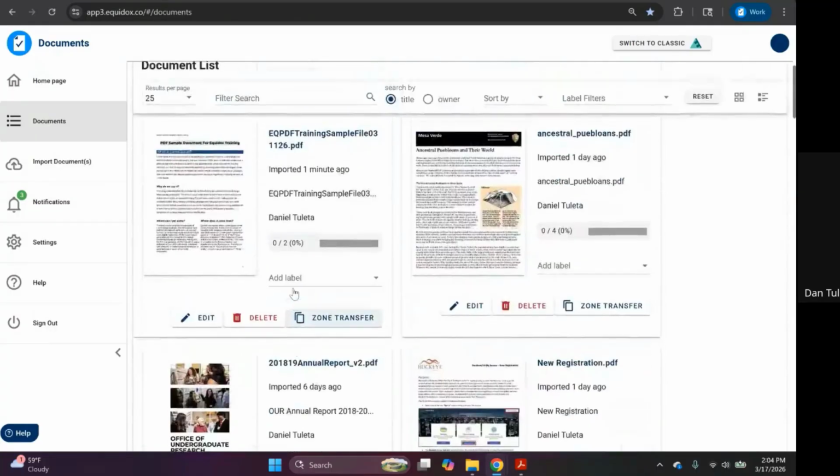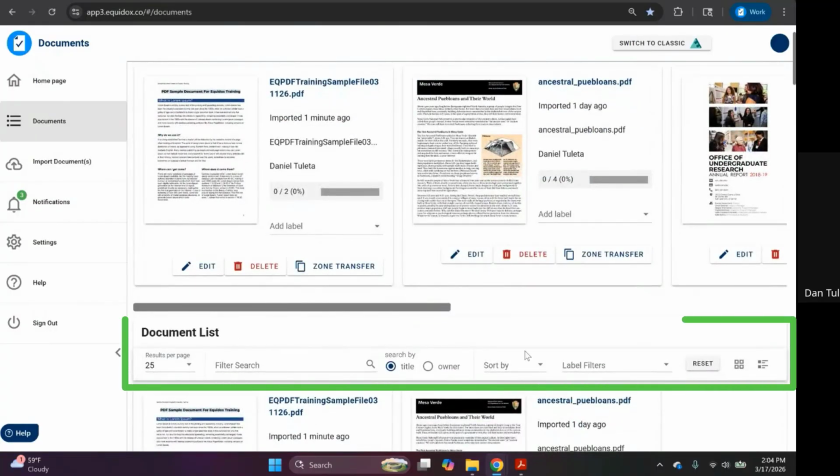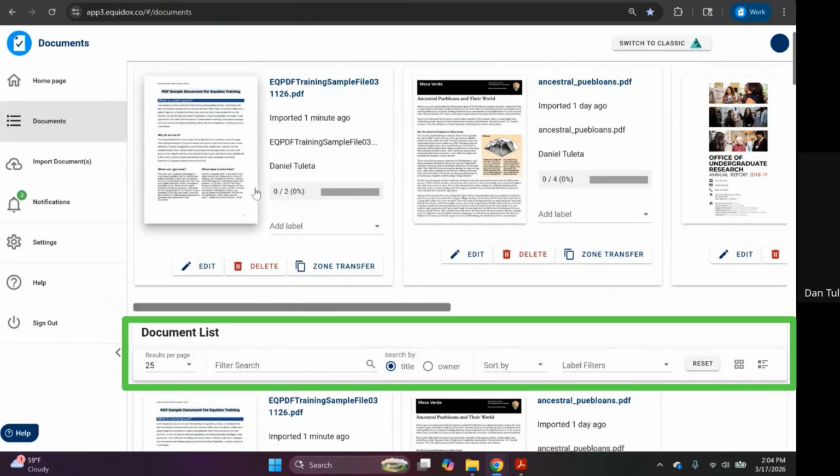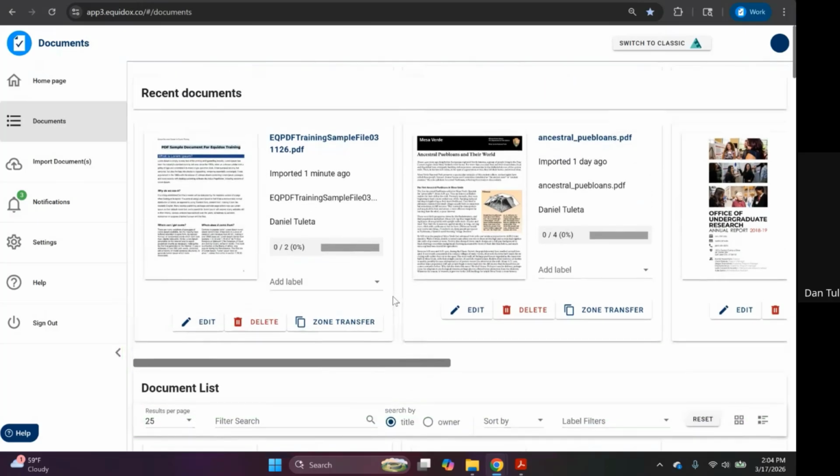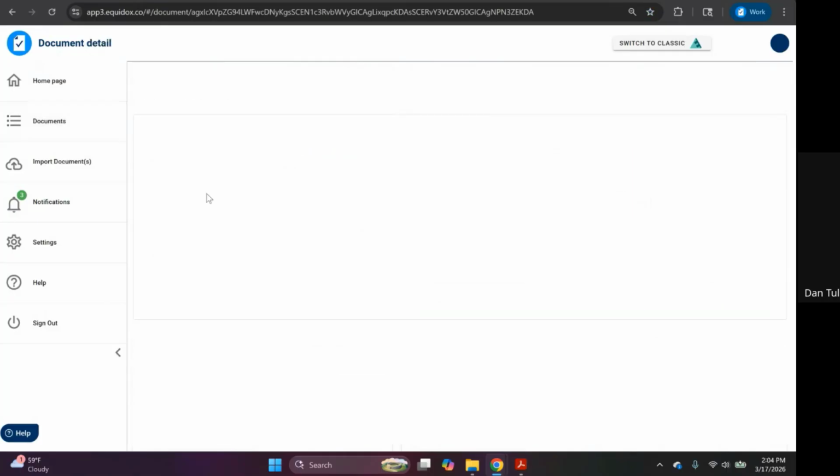There are some pretty basic searching and filtering features that we won't spend much time talking about, but in general, most people are working on a handful of documents at a time. But if you need to find something that you were working on weeks or months ago, and it might be kind of further down the list, you can always try using these sorting and filtering features to go back and find it. Now, what I'm going to do is click on the thumbnail for this document that we've just imported,